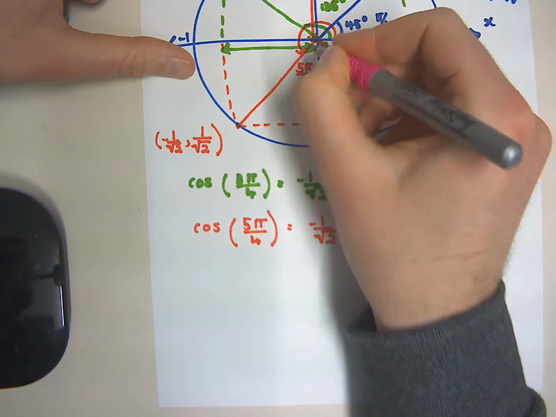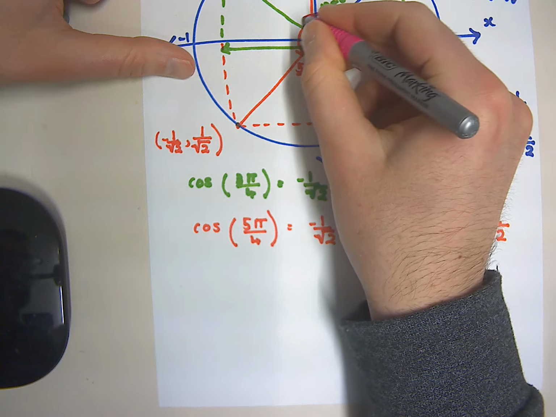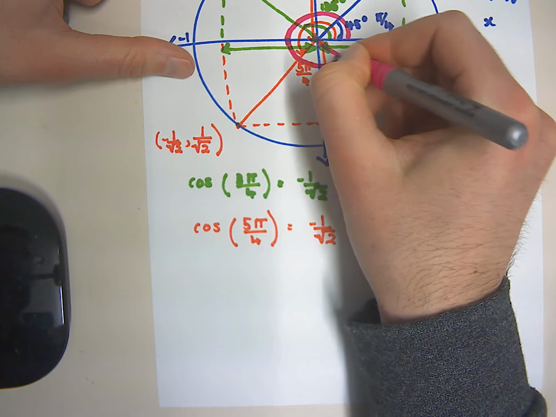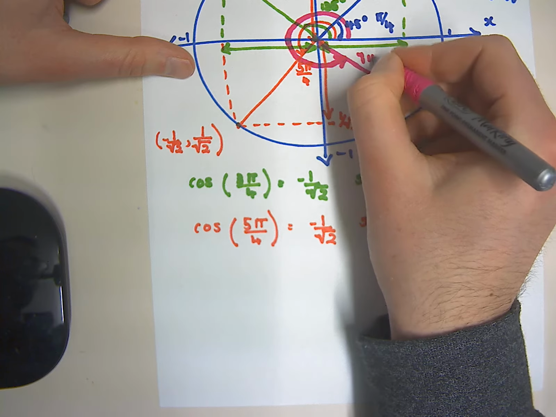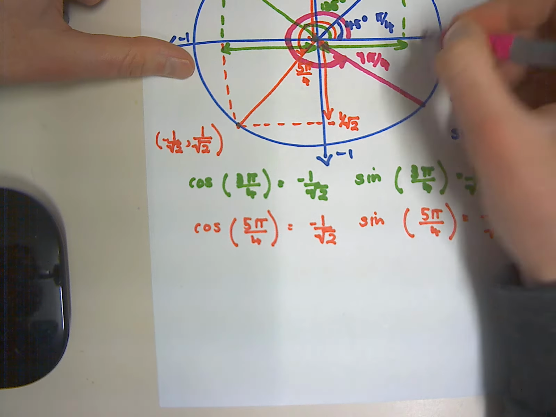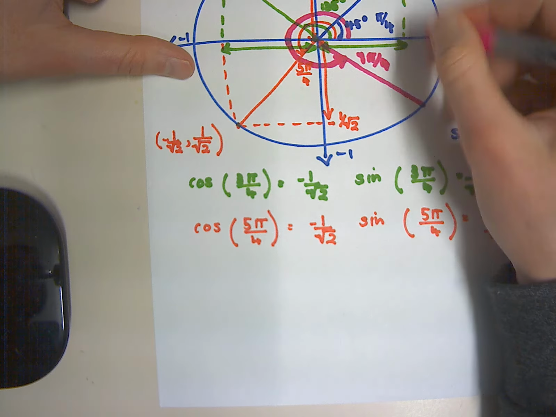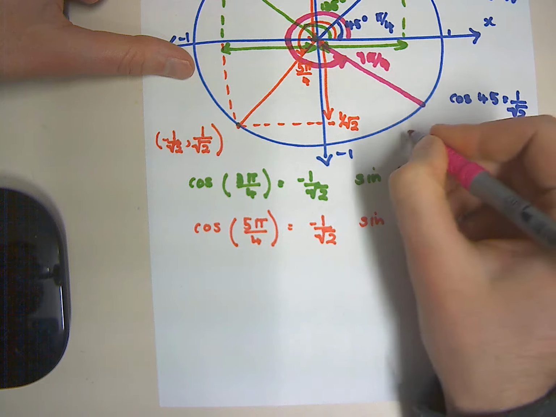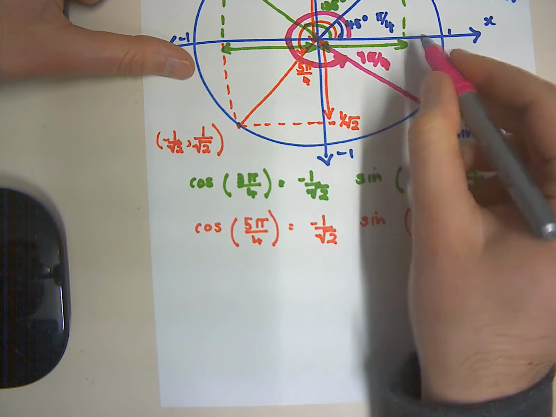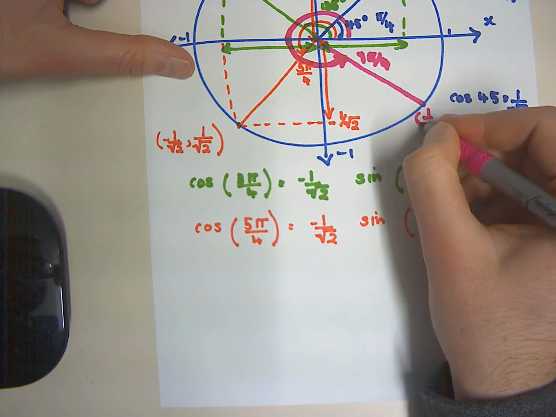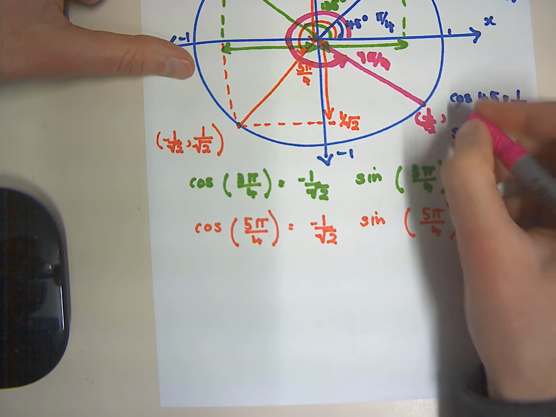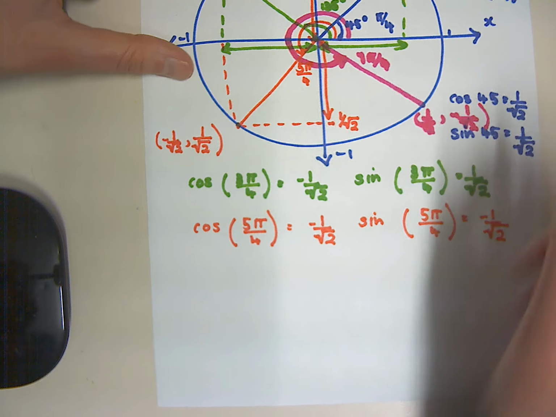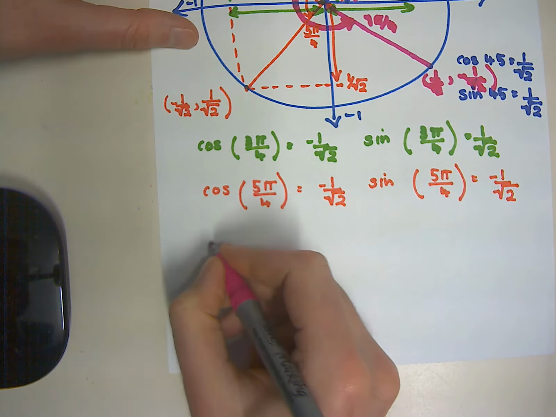The point, this angle, well, we're coming all the way around, we're going past pi there, then past 5 pi on 4 all the way around, and that gives us 7 pi on 4. Now obviously I've drawn it a little bit off because it doesn't line up very well with that point there, but its coordinates, well, it would have a positive x coordinate of 1 on root 2, and it would have a negative y coordinate of negative 1 on root 2, and so we could say that